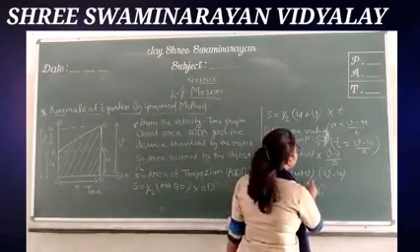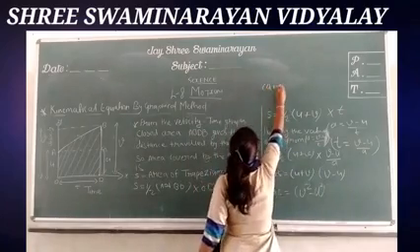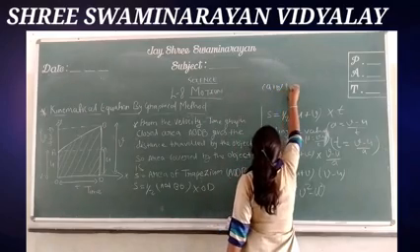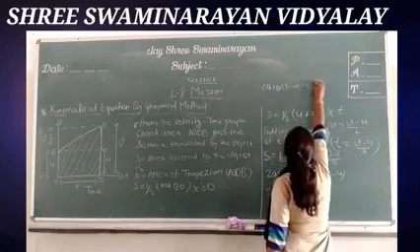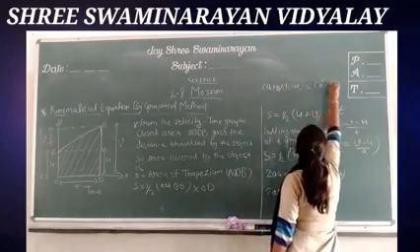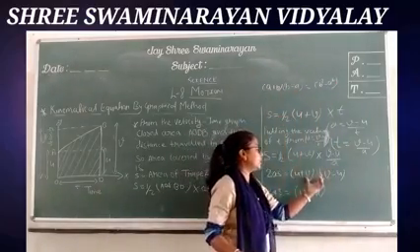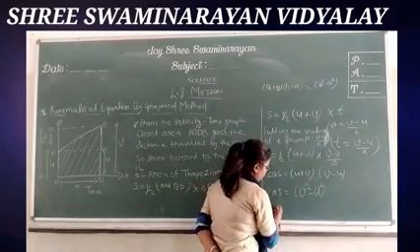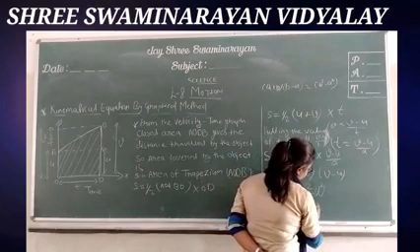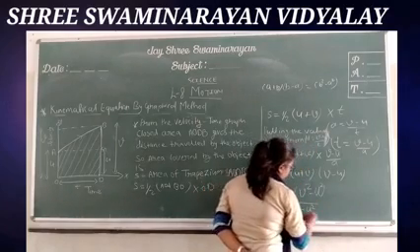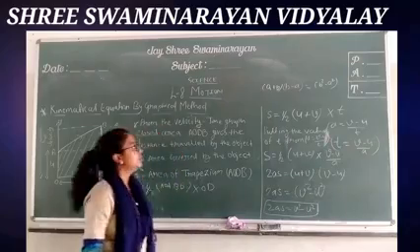Which equation is this of ours, students? a plus b multiply by b minus a is equal to b square minus a square. Our equation is like that only. That is why 2as is equal to v square minus u square. This one is the third kinematic equation with the help of graphical method.